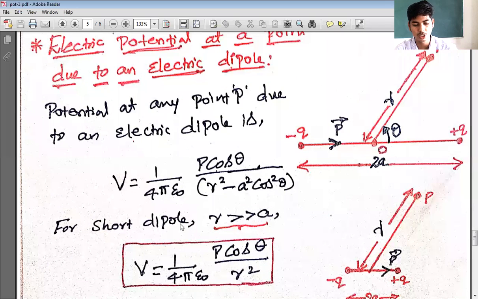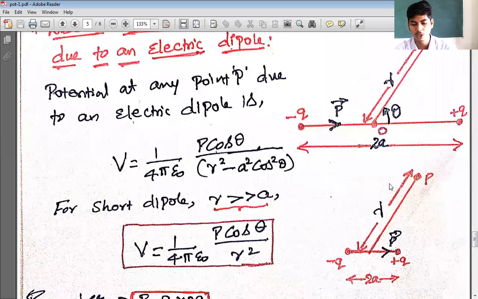So, for a short dipole, electric potential at any point is given by 1 by 4 pi epsilon naught P